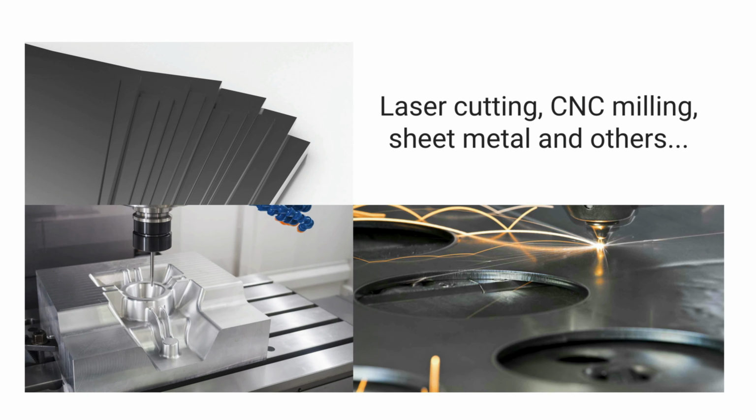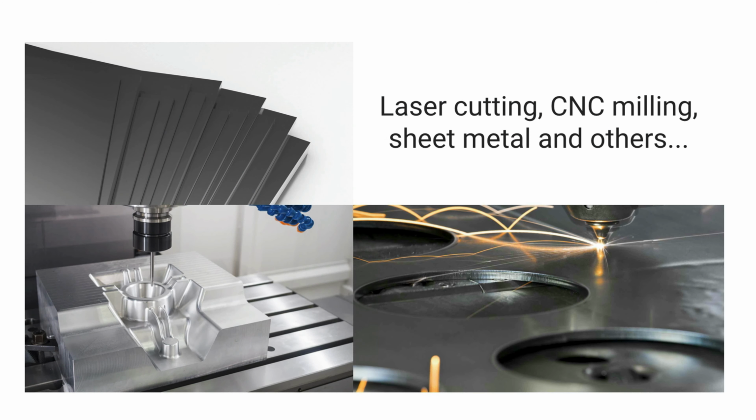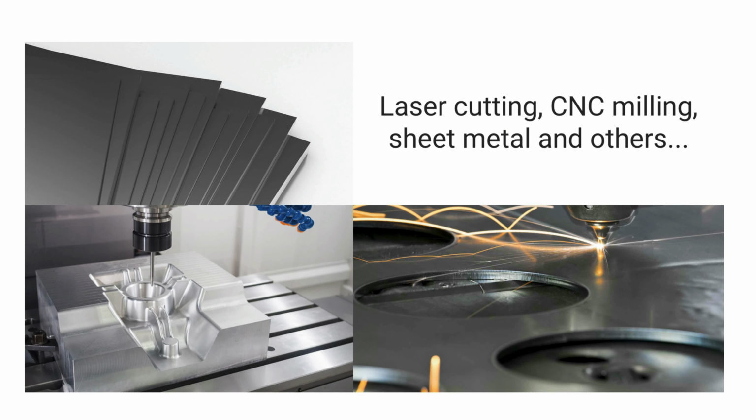And then there are several other manufacturing methods with low startup cost. However, I won't be talking about those here because we only have so much time to do this. But in summary, basically anything that requires a mold to be produced will have a higher upfront cost. And also, if you actually do need to create a mold and invest into either injection molding or maybe casting, then do remember that the cost for the mold does go up cubically to the side of the mold. So increasing the size of the mold just a little bit lengthwise might have a huge impact on the cost overall. So do keep that in mind if you do feel you need to invest into injection molding or some